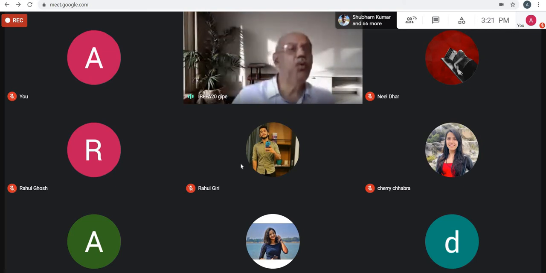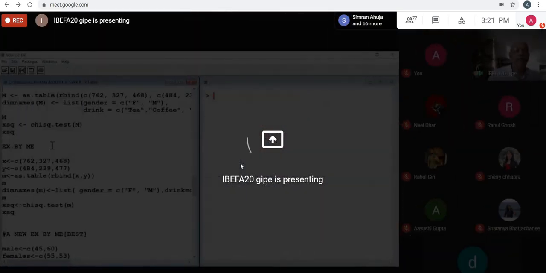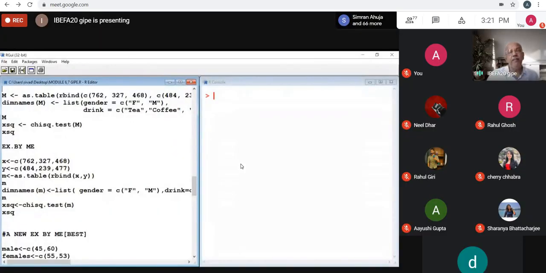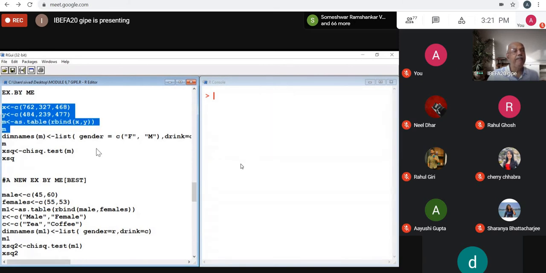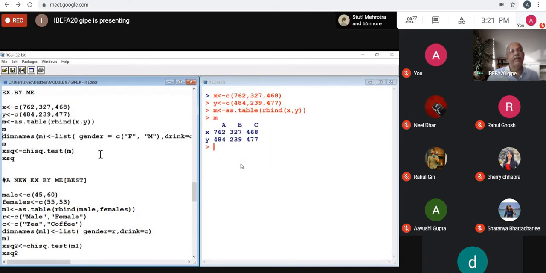Yes. So, single parameter proportion test. Repeat for more than one parameter is our algorithm. Look, same thing I am copying here. X data, Y data, table form, M. Got it. A, B, C. Why? Because I have not titled them. But if I give dimension names correctly on M, and see now,